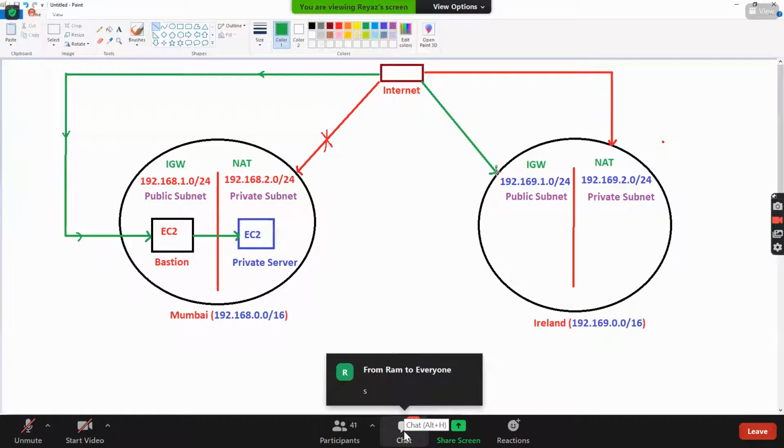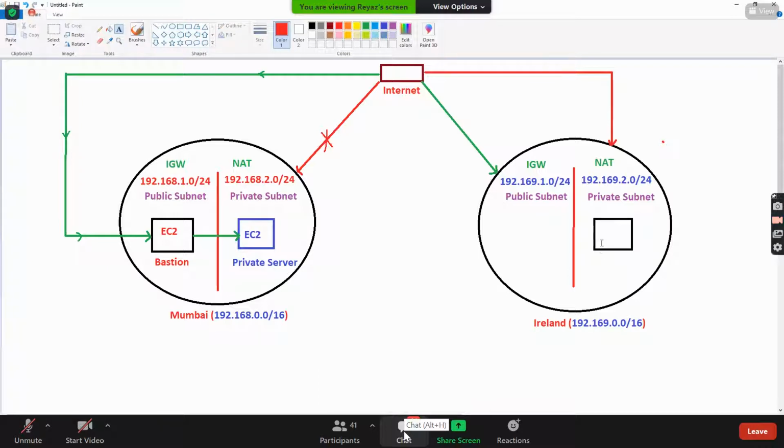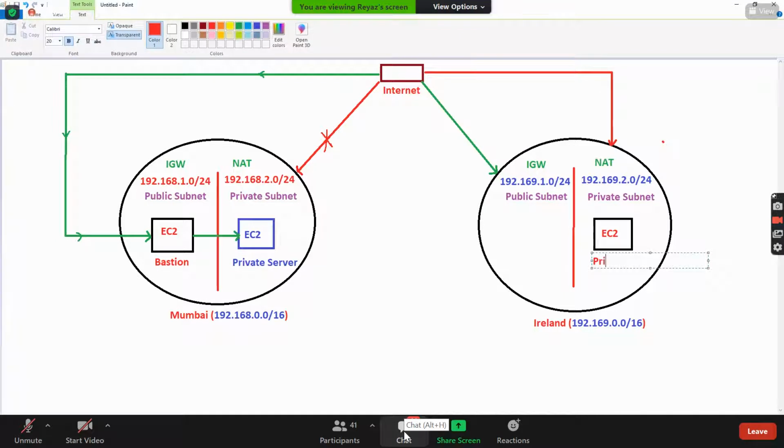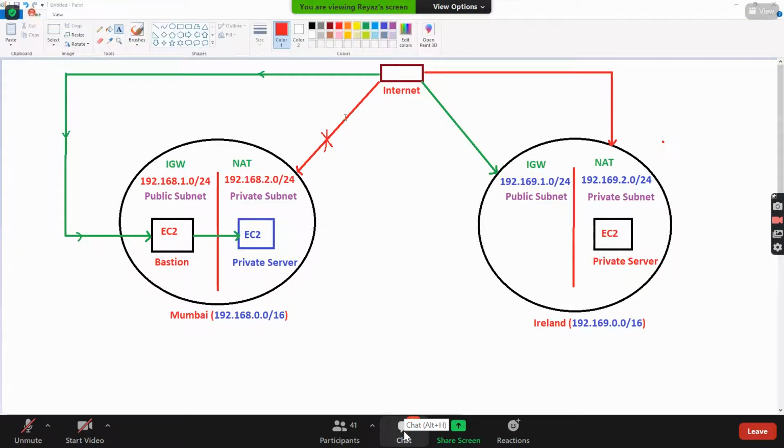But my question, guys, is that I have a private server here in the private subnet, my EC2 instance. From the internet, I log into the Bastion, and from the Bastion I go to the EC2 instance in the private subnet. By default, can I directly go and hit this other private server?